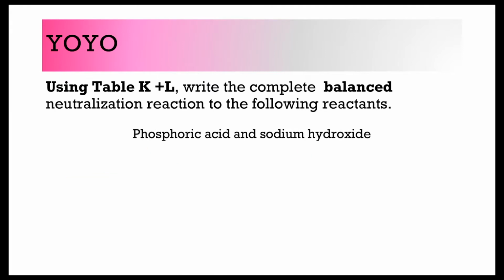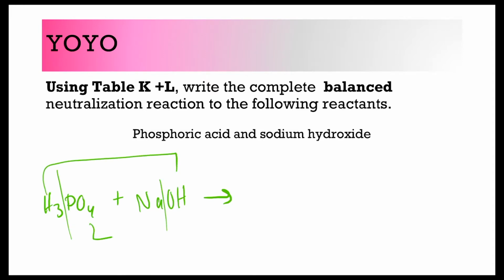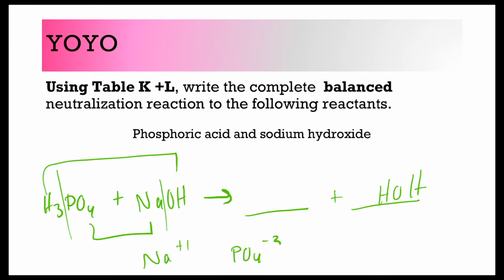Let's quickly go through one more example. Phosphoric acid is H3PO4. Sodium hydroxide is NaOH. Again, don't memorize that. It's on table K and L. We're going to make our two products. We get HOH from the outside group. Na is +1, PO4 is -3. Crisscross, you get